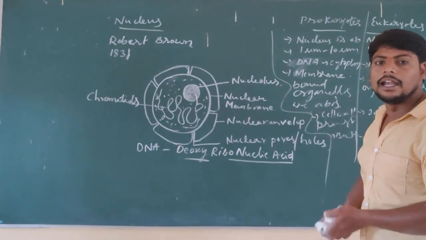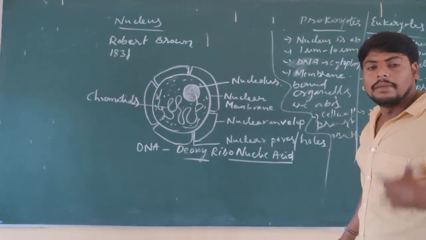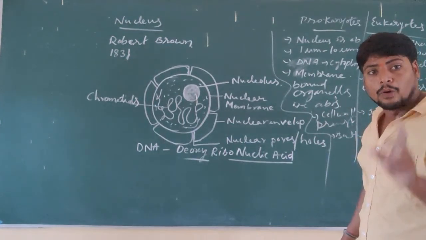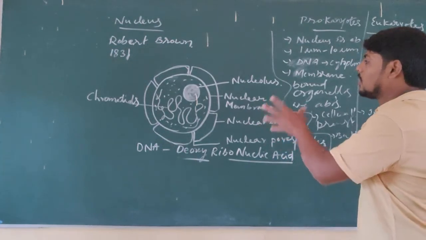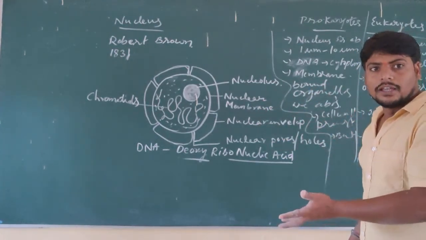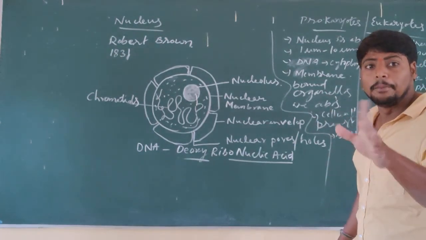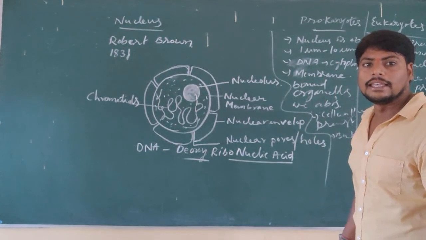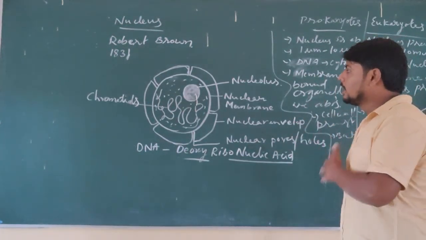In this way we can see that the nucleus plays a key role, mainly in the synthesis of proteins. That occurs because of the presence of the DNA, which synthesizes the ribosomes. These ribosomes help in the formation of proteins. That is the important function of the nucleus. What we have seen now is the nucleus and its importance.